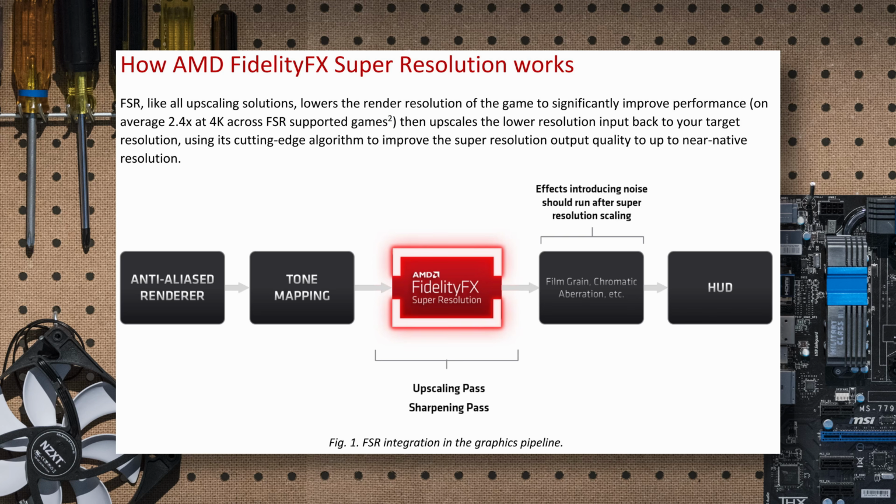So to understand why FSR 2.0 is a drastic improvement over FSR 1.0, I'll need to do a bit of a recap on the original. You see, FSR 1.0, as good as it is, is just a spatial upscaler. That means it takes a lower than native resolution, so a 4K image would actually be rendering at 1440p, and uses an advanced upscaling and sharpening technique to attempt to make the image appear as close to native true 4K as possible. Another component that makes FSR 1.0 great is that the processing is done in the middle of the render pipeline, so the post-processing effects and heads-up display elements remain at the full crisp resolution.